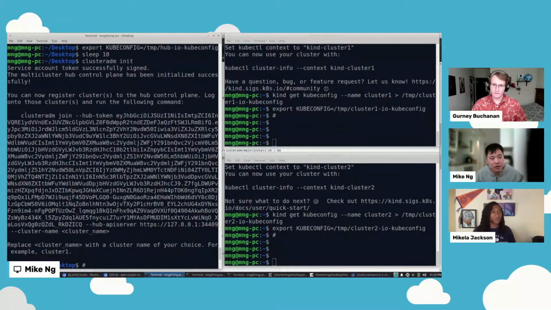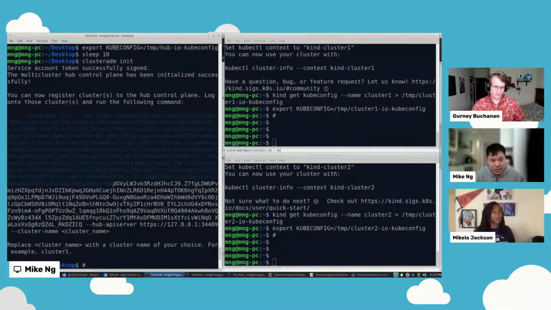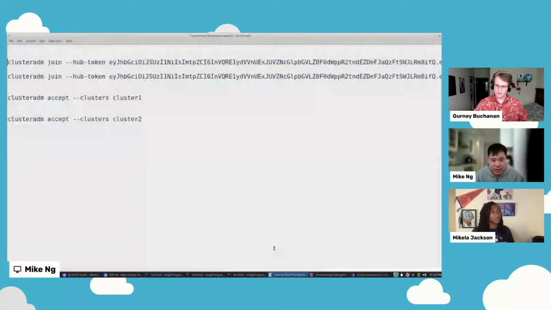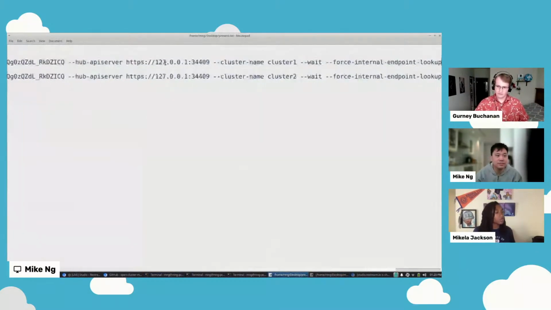It'll also spit out the commands that you can use to request a registration from the remote cluster to the hub cluster. So I'm going to run one of those commands. I have a copy here.